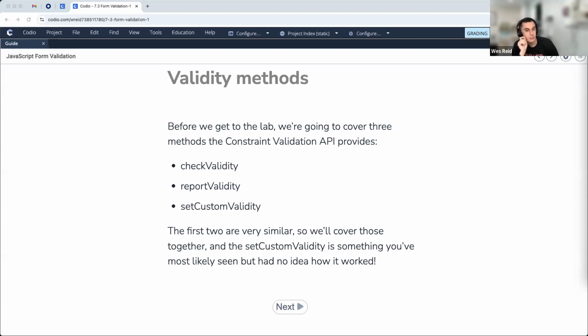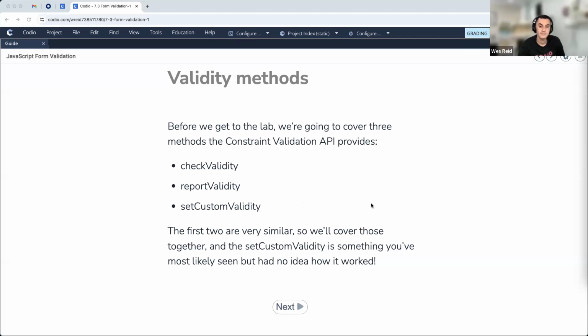All right, Omar says, I might be wrong. Method is tied to an object. Omar, you are wrong in that you might be wrong, because that is a good answer. Method is tied to an object. So when we call a function from an object, it's often going to look like dot that function name and in parentheses afterwards. That's a method. So we've learned a lot of methods, right? We've learned pop, push, object.values, object.keys. And now we're going to learn a couple more methods of check validity, report validity, and